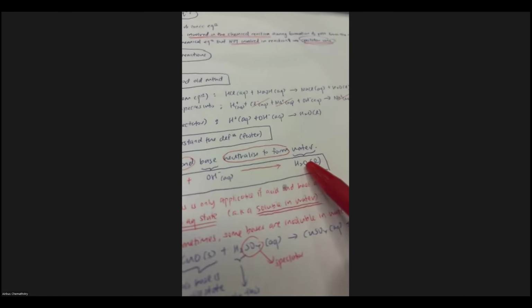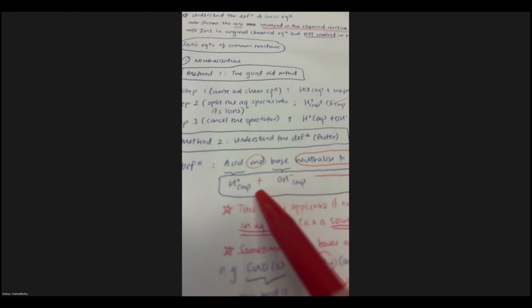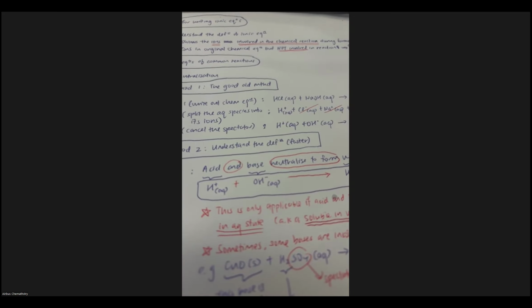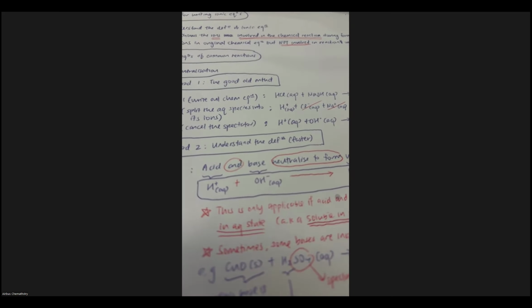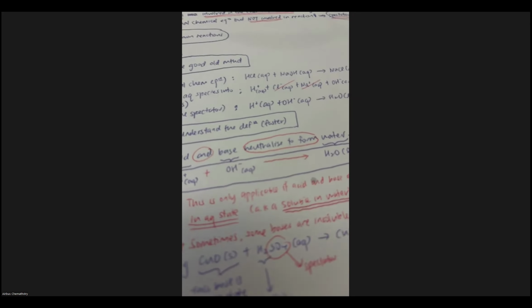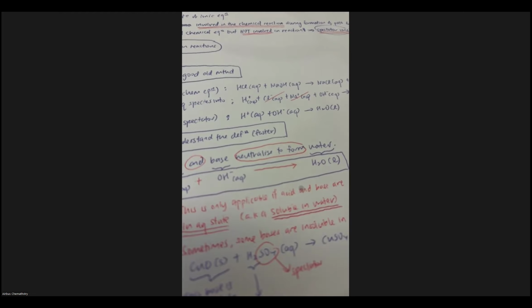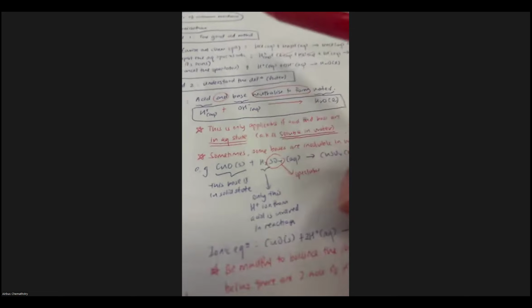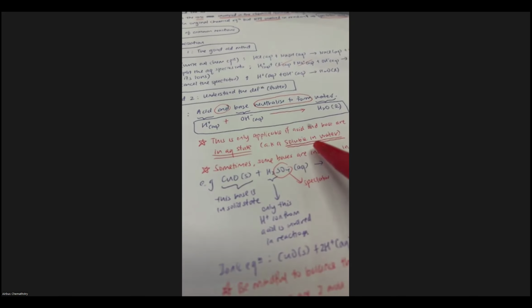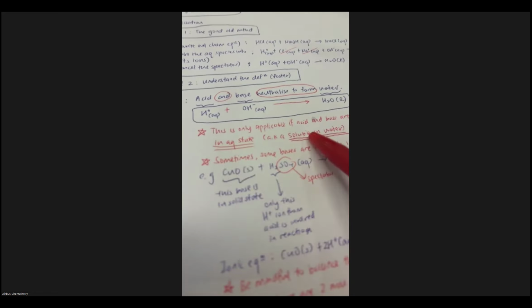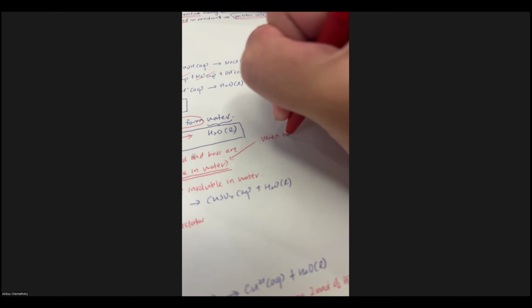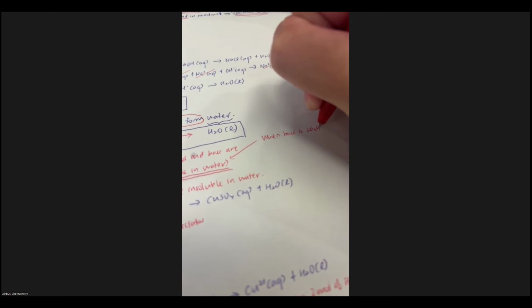Now, this is actually how I got the ionic equation, because what is the only thing involved? It's only the acid, H plus, and the base, OH minus, forming water, H2O liquid. The rest of the ions, whatever sort they are, I don't care, right? Now, this is only applicable if the acid and base are in aqueous state, soluble in water. If you remember what I taught you just now, when the base is soluble in water,